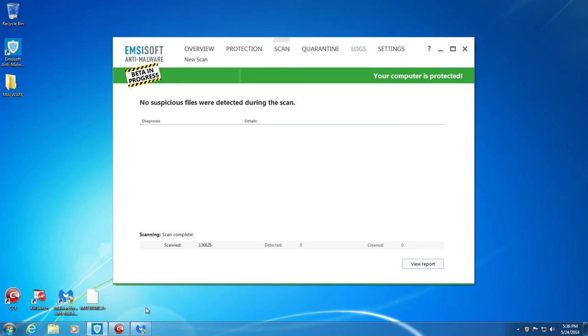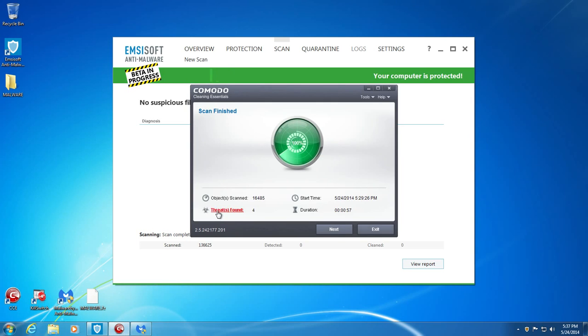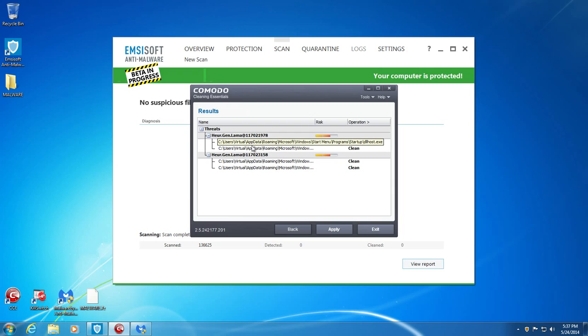So let's see what the other scans did. Besides Emsisoft, it obviously didn't find anything. If we go over to Comodo, it found 4 threats. It looks like some things in the start menu, and it looks like it did find those applications that are currently running. It looks like it found the one that was running in Kill Switch there, that DLL host. And then it looks like it found the DWM.exe right there, the download. I think it's a download manager, I don't know. I'm not an IT expert at all, I'm just doing this on the side. So, anyways,